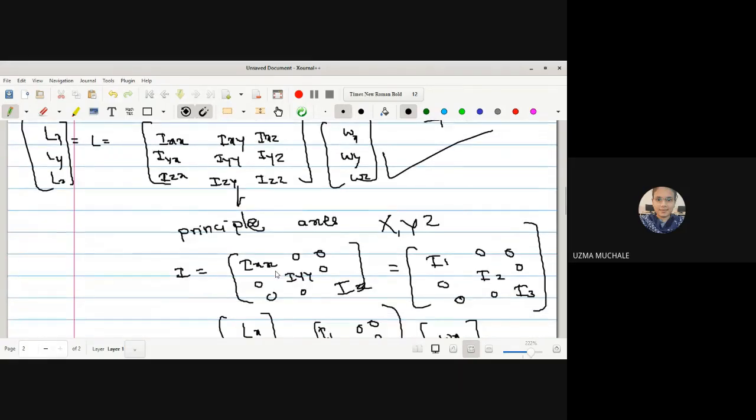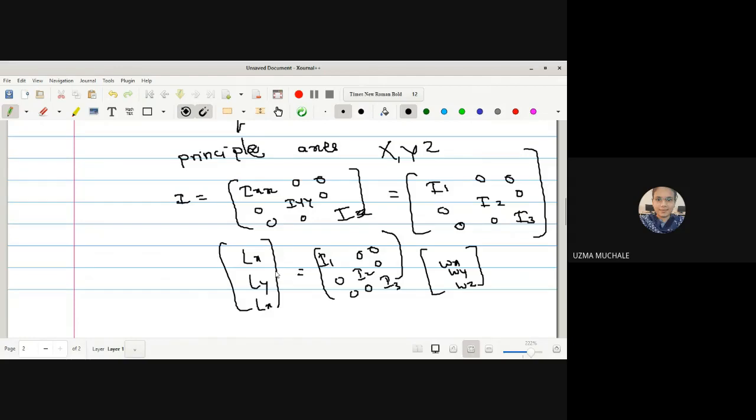And now, instead of considering any axis, we are going to consider the principal axis. What do you mean by Ixy? It is the moment of inertia acting along x equal to y. So instead of considering that, we are going to consider the moment of inertia along the axis of rotation of a body as a principal axis. So the off diagonal elements of I will be 0. Off diagonal elements means the elements except the diagonal ones.